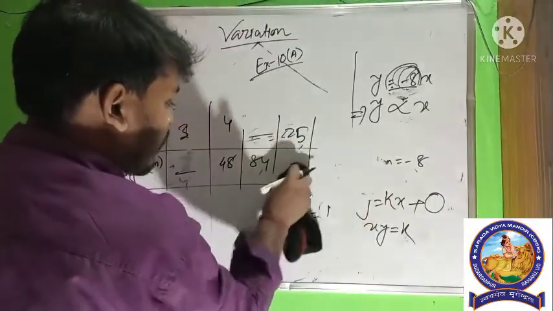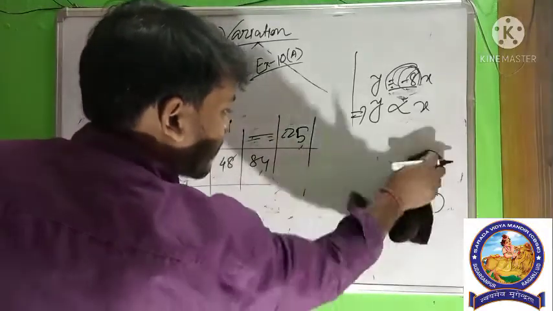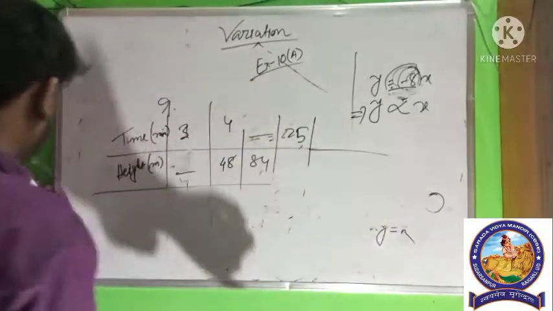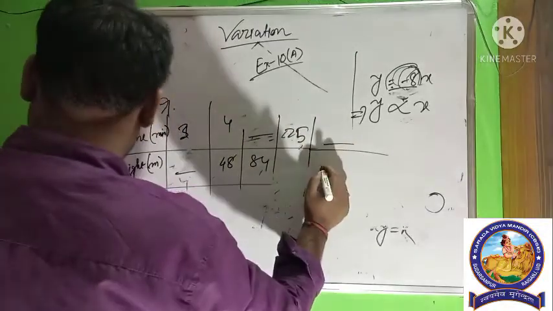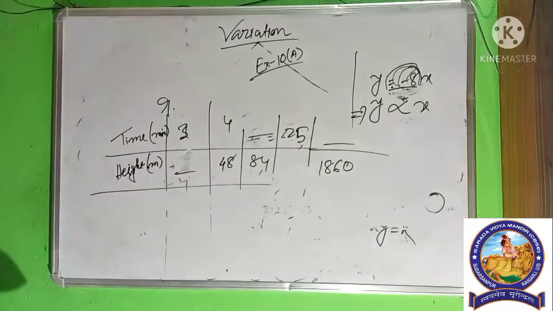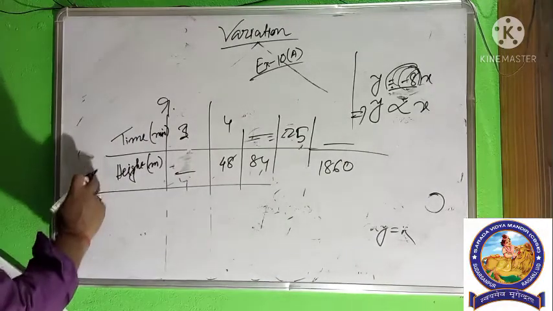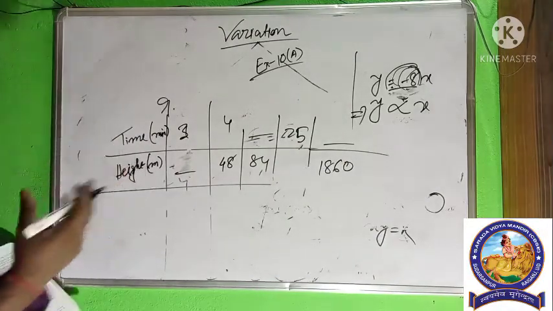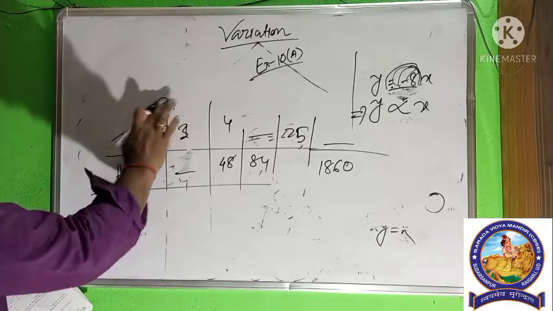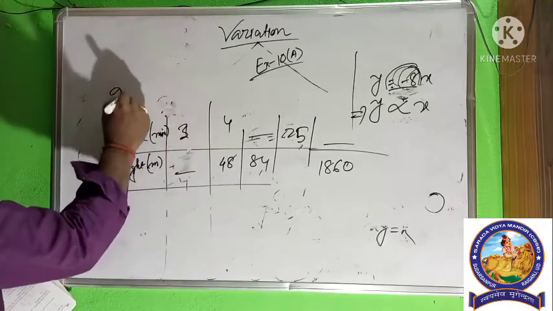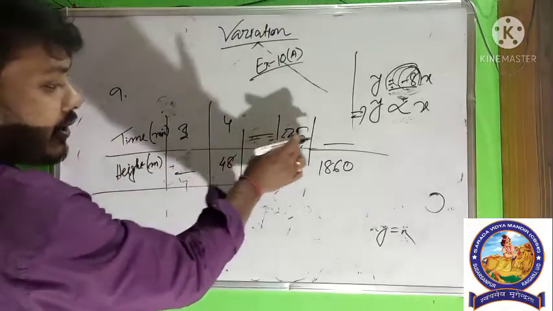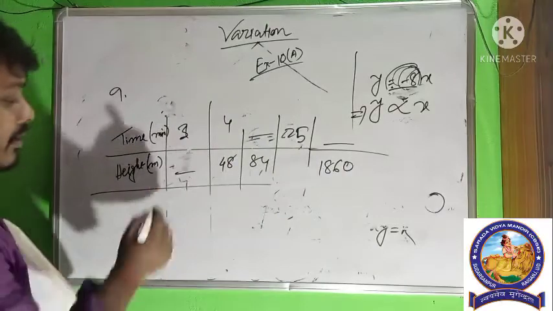That means what is the number in the blank, or fill in the blank. Okay. So given these two quantities vary directly, the ratio of these two quantities in each case is equal. That means this ratio equals this ratio equals this ratio equals this ratio. So here the value is not given.